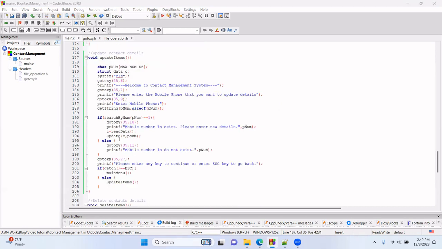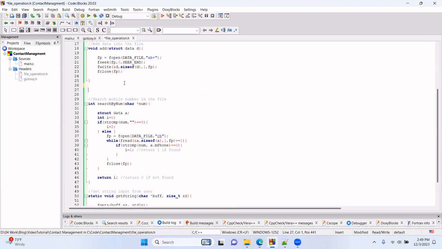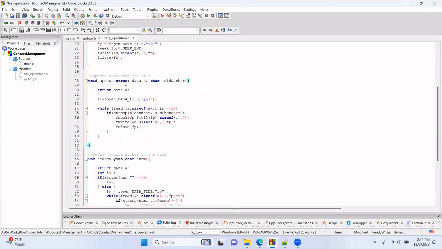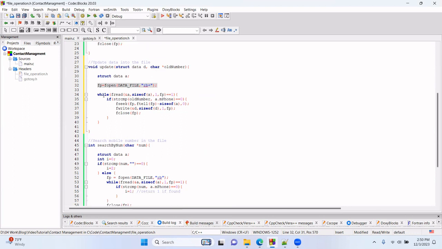Now let's write the update operational function. I will copy the operational function here, somewhere here. And this is our update operational function, the function which actually updates the data in the file. At first, we open the file in rb+ mode. rb means read binary, plus means we can also write data. And we use a while loop to read the data one by one. And we'll compare the mobile phone number of the data with the mobile phone number provided